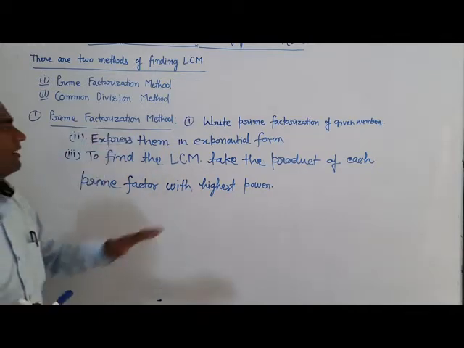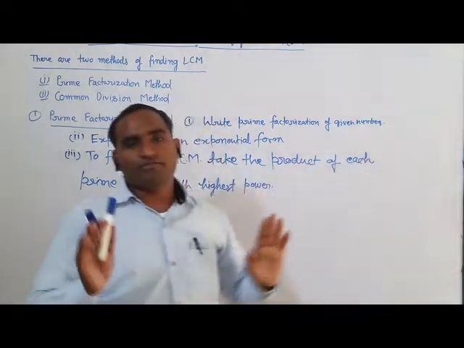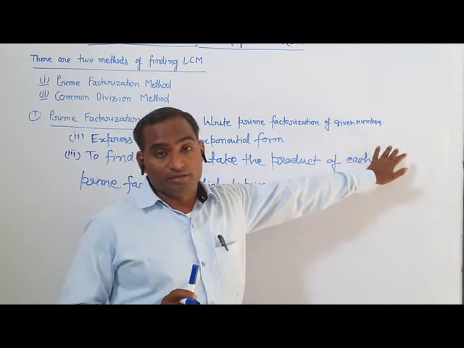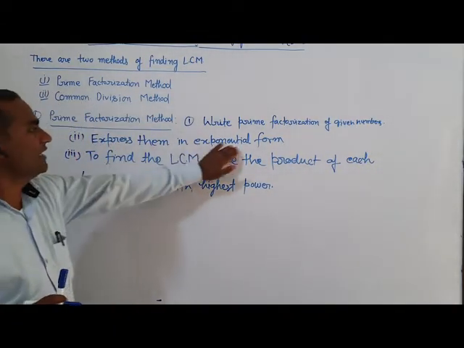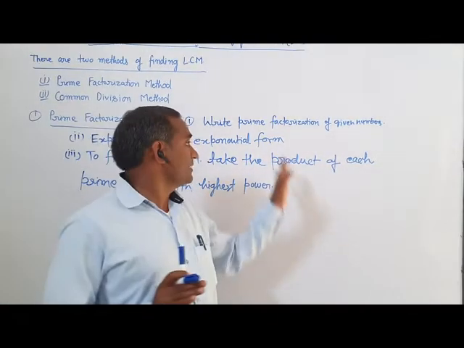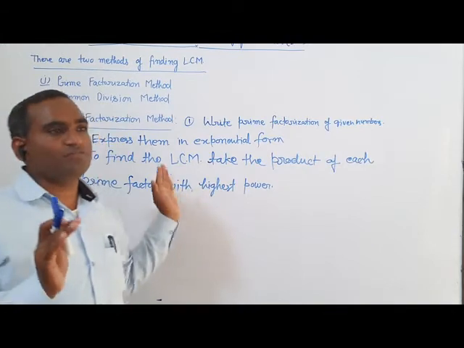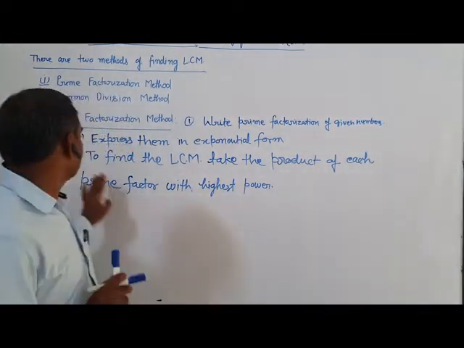First of all, write the prime factorization of the given numbers. First of all, you have to factorize the given numbers. After that, express them in exponential form. First of all we factorize, and after that we write it in exponential form if any number repeats. After that, to find the LCM,